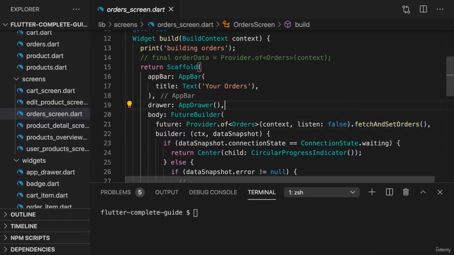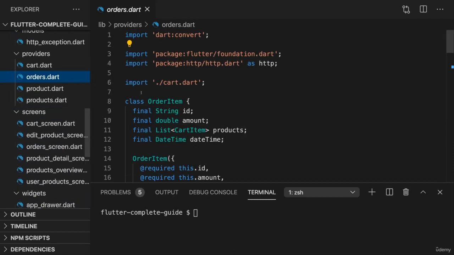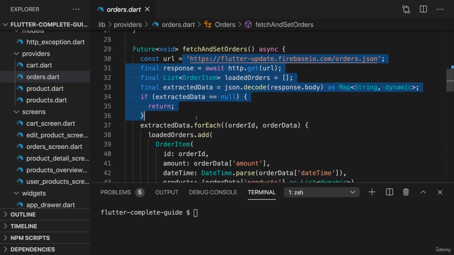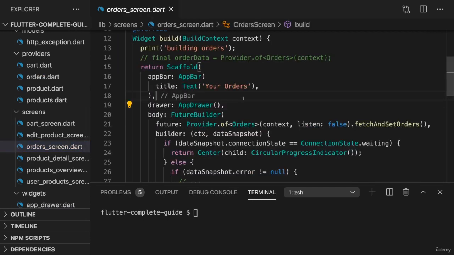This of course means that a new future would be obtained here, and that of course in turn means that this HTTP request is sent again, and so on. And that is something we might want to avoid if just something else changed in this widget, if there's no reason to fetch new orders. Let's say you were presenting an overlay, a dialog to the user, and hence the build method executes again. You definitely don't want to fetch new orders just because something else changed in this widget, which doesn't affect the